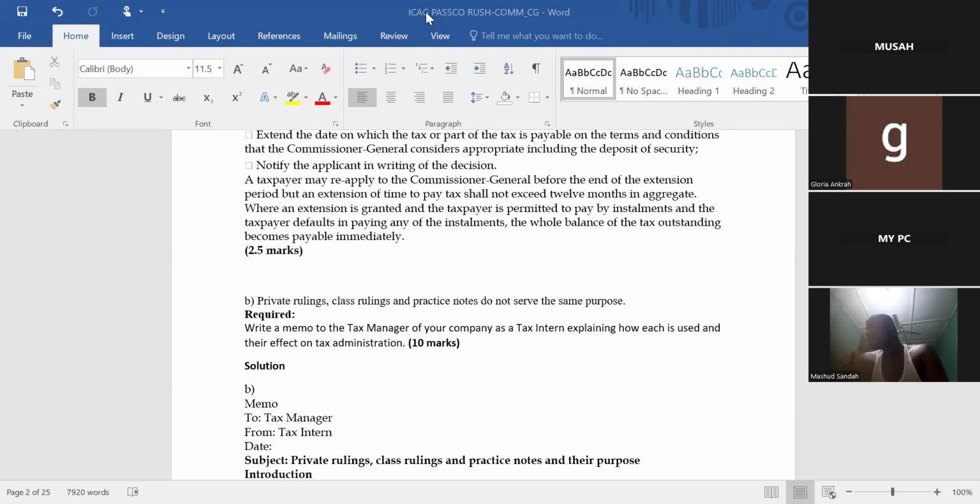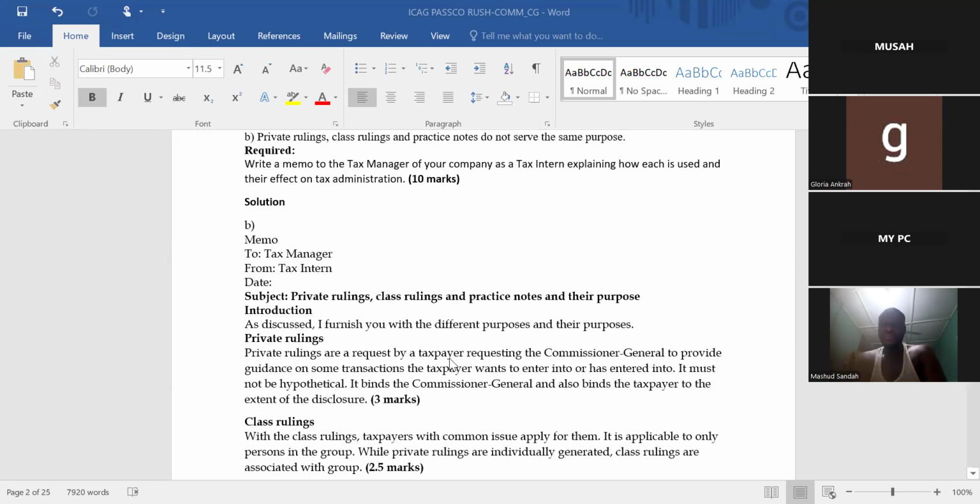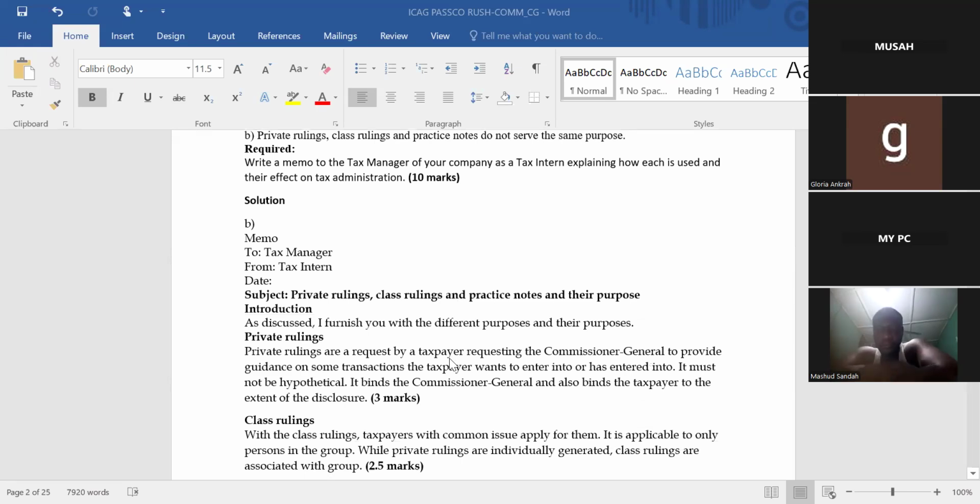Now, for practice note, I have explained that. So now let me go to the question. Please, there is a difference between when you are asked to write a memo or a report. For a report and a memo, the structure looks similar. But when you are supposed to do a briefing note or presentation, it's different. For example, if you're asked to write a briefing note, it means that you must give us some highlight, a brief of what you are going to talk about before you give us the details.